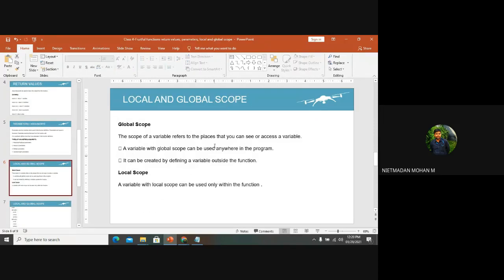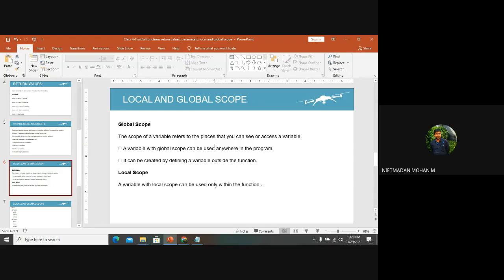Next, coming to the local and global scope. Can you tell me what is meant by global and local in general terms? Don't go with the programming words. Differentiate between these two. Sir, local scope means a variable declared inside the function, sir.